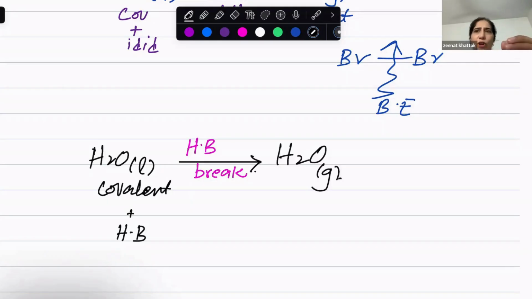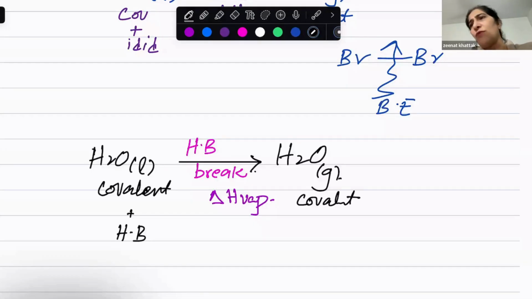When you are boiling water, it breaks the hydrogen bond, it breaks the intermolecular forces, and the molecules get further apart. The molecules are not breaking, the molecules are getting far, and they turn into steam. It's vaporization. Enthalpy change of vaporization. After vaporization, what is left? Covalent. Now, can you tell me in 1 mole of water,